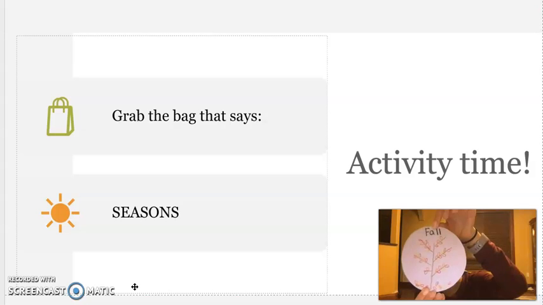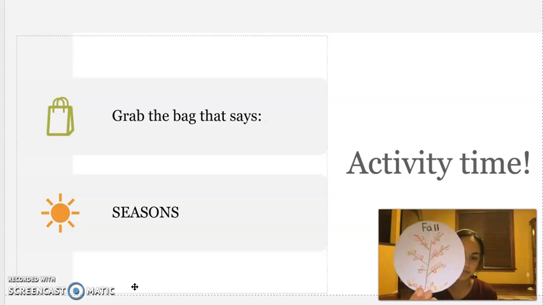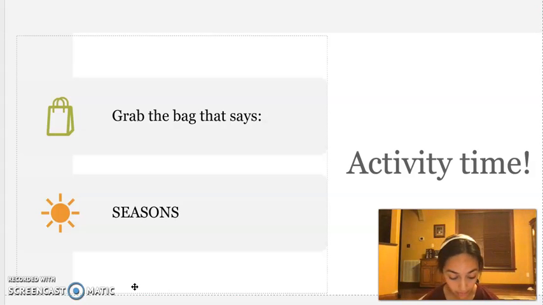Okay, this is what mine looks like if you want to see it. Now, after we're done with that, we're going to take our circles and we're going to glue them together. So what I need you to do is grab your blue and your yellow, the one that has winter and spring, and we're going to glue them together with our glue stick. So we're going to take our glue stick and put it on this side